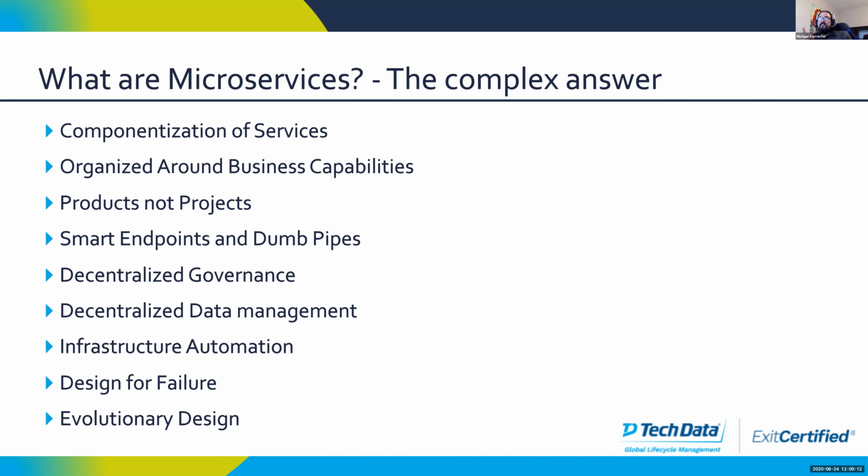Now, the idea here is that these are products, not projects. And the mindset there is that when you go to a microservices model, you are turning the traditional model, hey, I've developed it, and now I'm going to hand it to a maintenance team, on its side. You're basically saying, if you build it, you're going to run it, which means that you now own a product from conception all the way to maintenance and delivery, and you're going to own that whole life cycle as it iterates. And so you're not doing a project where you just develop some software and then give it to a maintenance team or an operations team. You are now a product owner, and you're now part of a cross-functional team